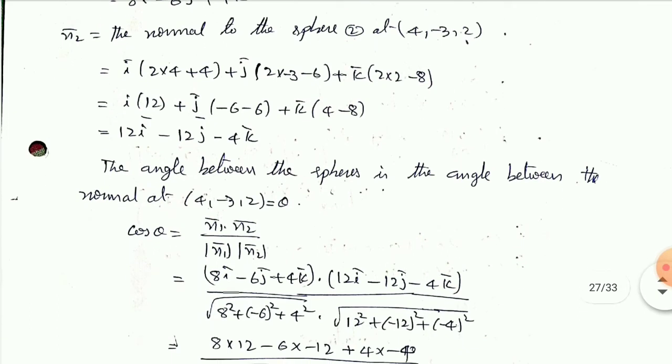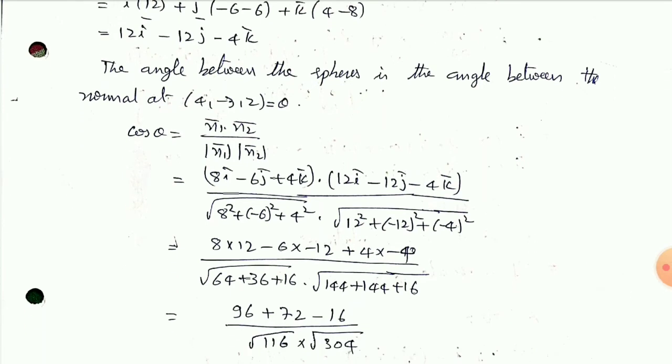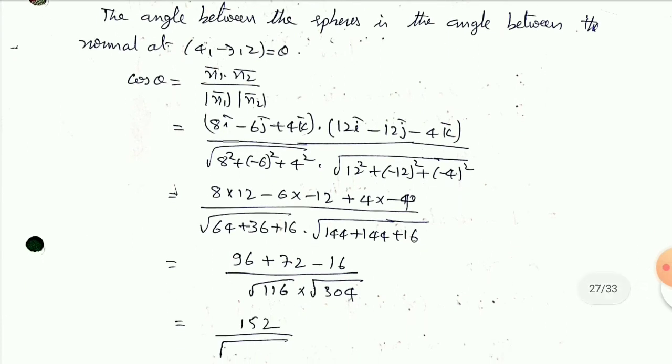After getting those vectors, first you calculate the unit normal. Unit normal means that vector divided by the modulus of that vector, which is nothing but the square root of that value. So the cos theta formula is the first unit normal vector dot the second unit normal vector, divided by the modulus of those. The modulus of a unit normal is always equal to 1.